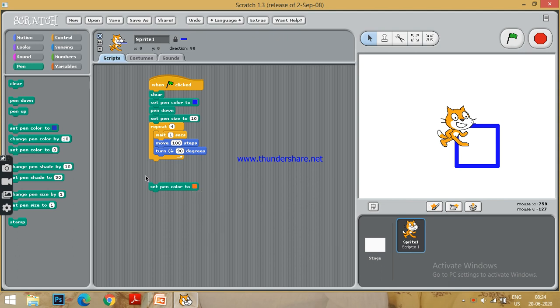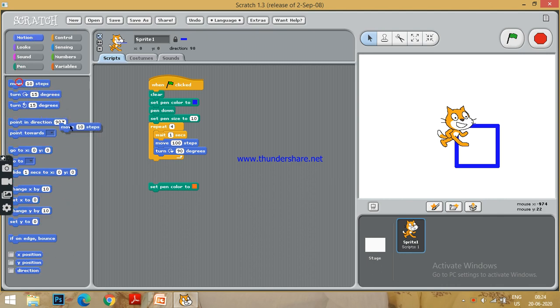Before this, I will move 10 steps ahead. After generating the square, I will move 10 steps ahead, and I will get this job done again. I have just copied the content, and I will make this work done once again with a different color.